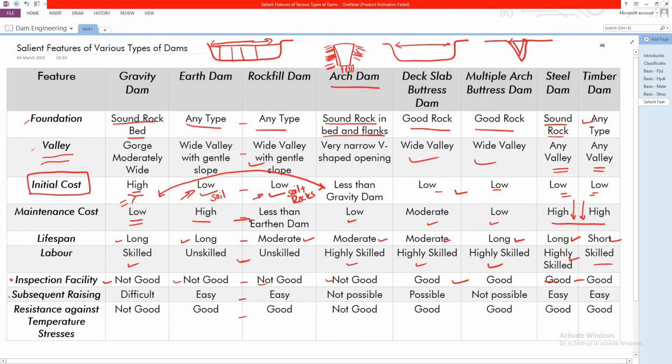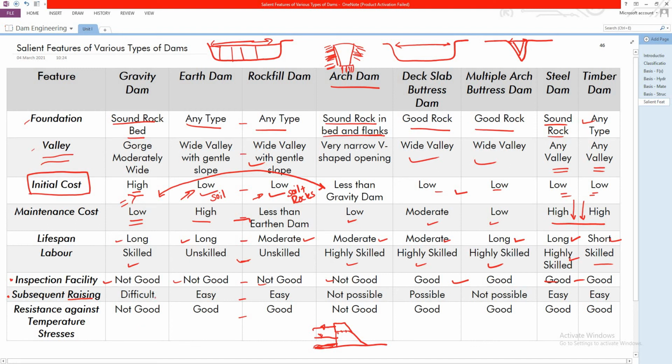Now, another important parameter, see, subsequent raising. Now first of all, see what subsequent raising means. For example, you are looking at cross section of a dam and it is holding some XYZ amount of water over here. Now in case in future, because of silting, since the available water retention will be low, then we will be requiring that the dam should hold more amount of water. Then what is done? The height of barrier, that is the height of structure, is raised. Now since the height is raised, the dam can hold more amount of water, but it is not possible in every case of dam.